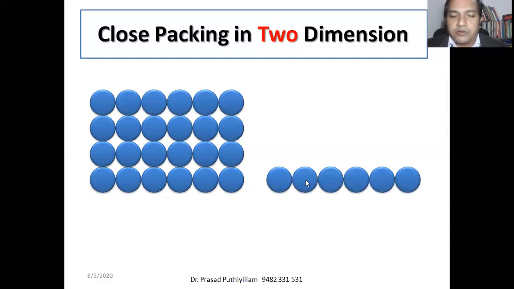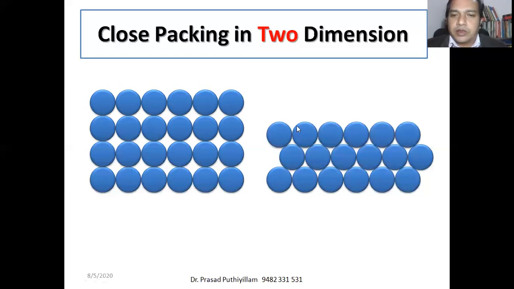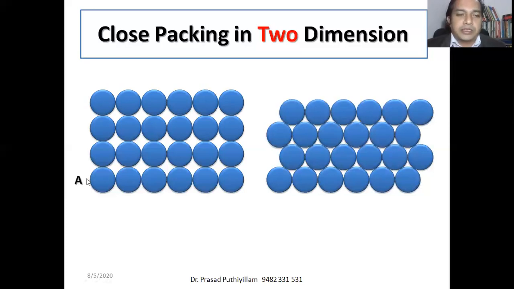Here is another arrangement. Here the same type of molecules or atoms or spheres are taken, whereas the second layer is kept in between two atoms or two spheres. And this is the third layer and the fourth layer. If I consider this as a type of arrangement, this is also a type of arrangement. Then another A type of arrangement, the third and fourth.